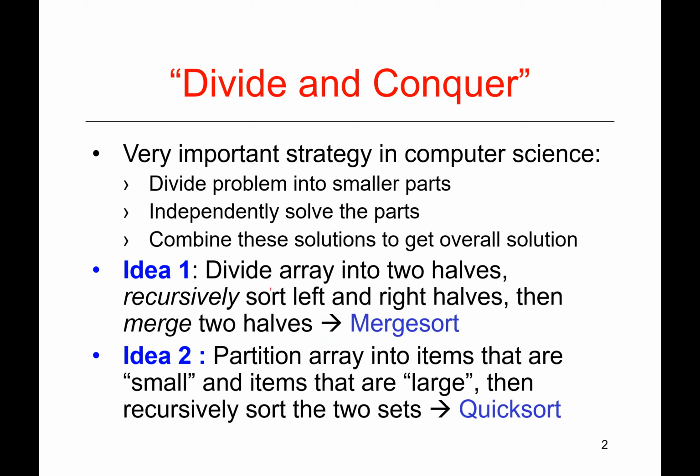Here we could see that merge sort corresponds to decrease by constant factor: divide the array into two halves, recursively sort the left and right halves, then merge the two sorted halves. This is related to recursive thinking. It is not easy, but once you're familiar with recursive thinking, it becomes